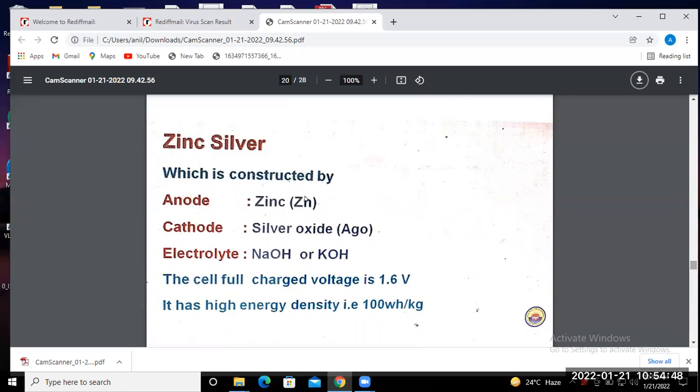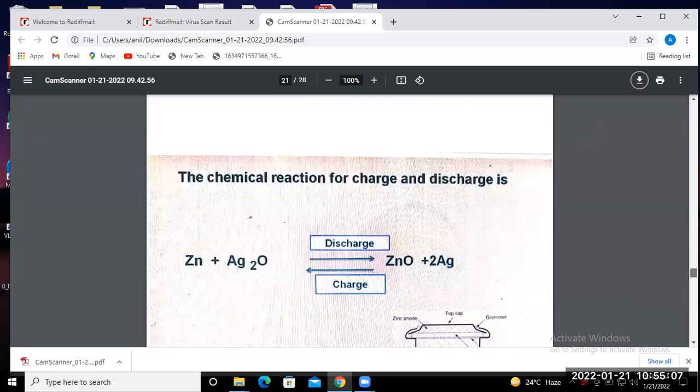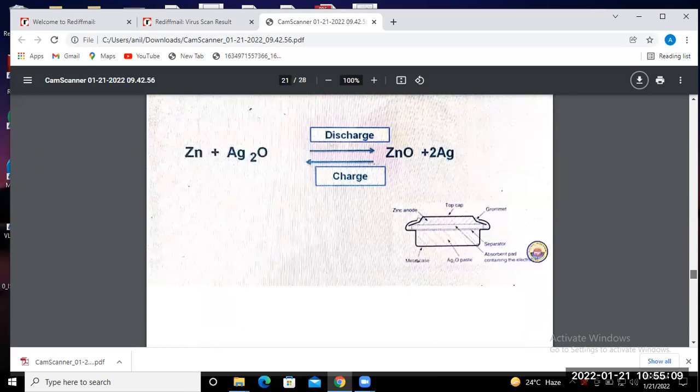Their material positions change, just the anode and cathode material. The zinc silver battery has a chemical reaction during charging and discharging just like this. During discharge, Zn and Ag2O make ZnO, zinc oxide, plus 2Ag,